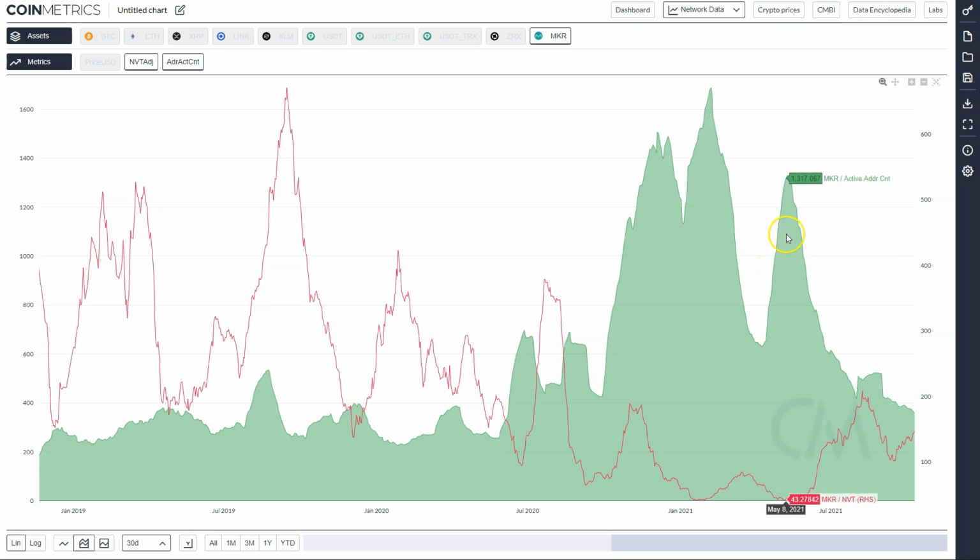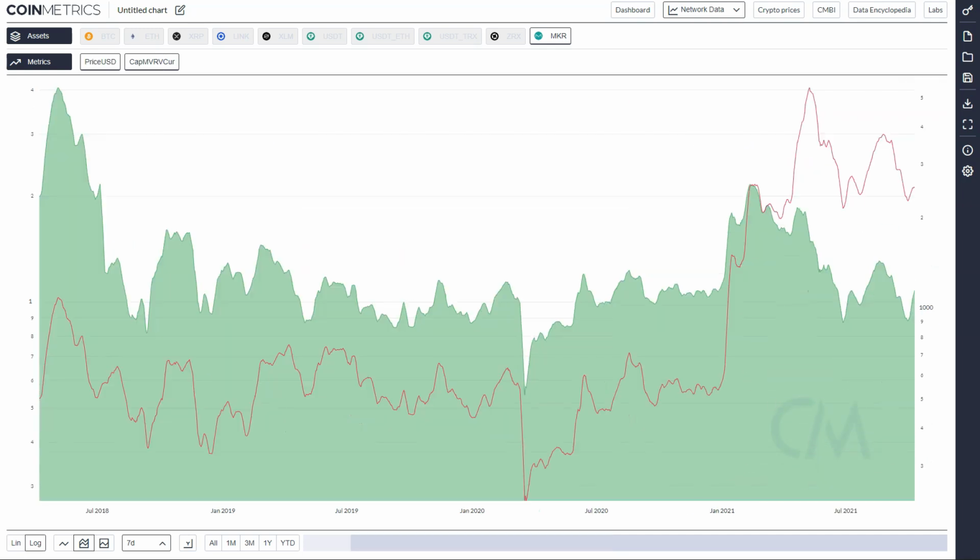Most people aren't moving Maker a lot. You know, I've held Maker for months. I've not touched it. It's just sitting in a trading wallet, right? I don't do anything with it. It just is what it is. So you're not going to see me popping up here on active addresses or transaction counts. And that's most people, I think, holding a lot of this DeFi stuff. Unless you're using it for AMM or something, you're not going to appear on the on-chain metrics. So this probably looks more bearish than it is. But at the same time, you want this to curl up if you're bullish.